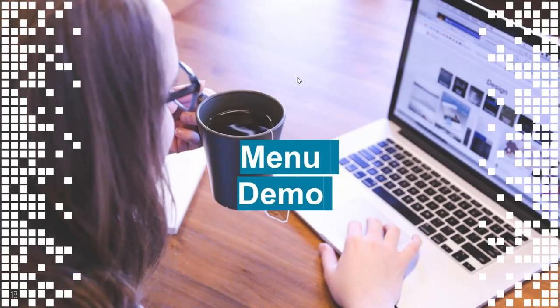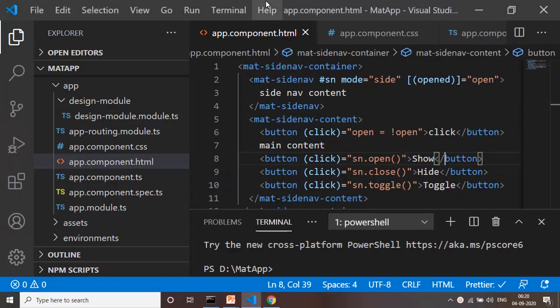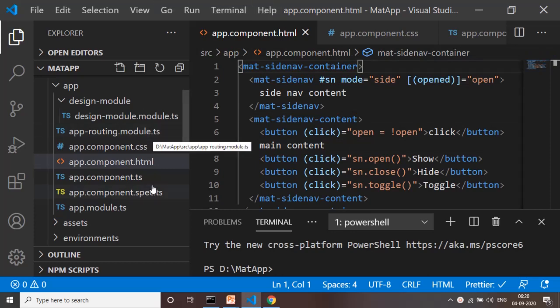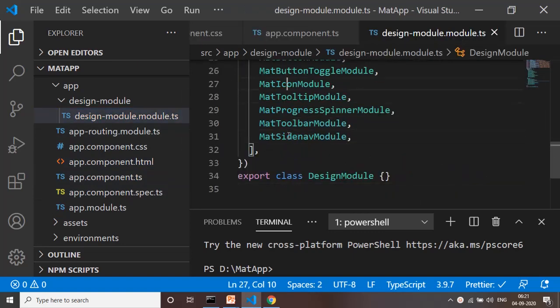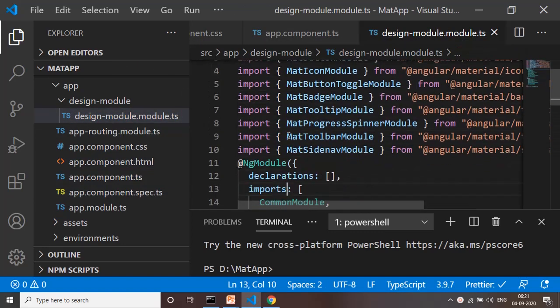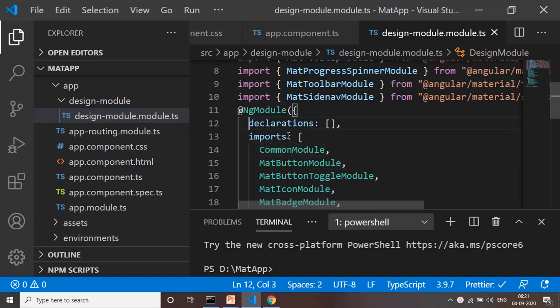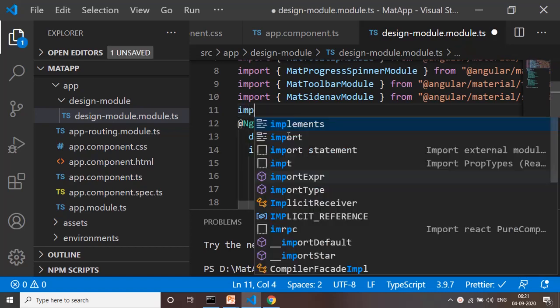Now let us have a demo of menu. Switch to our project, and this is the project that we had created in the last session, last demo. Now I'll go to the design module, and at the first step we need to import a module for the menu, and for menu we'll say import